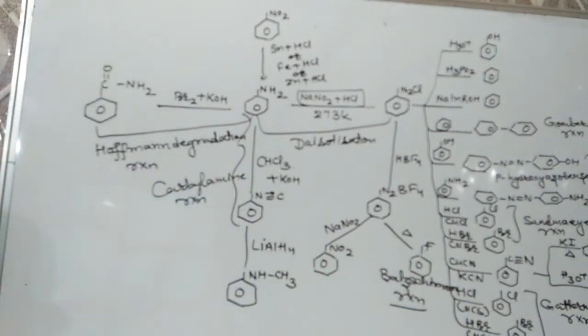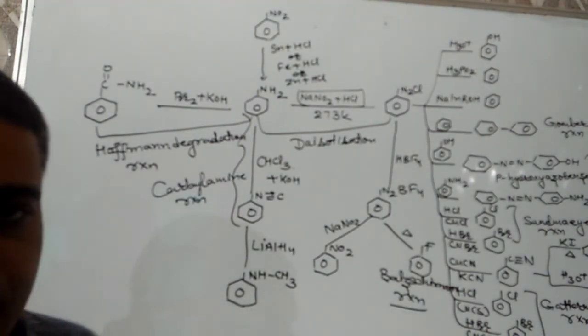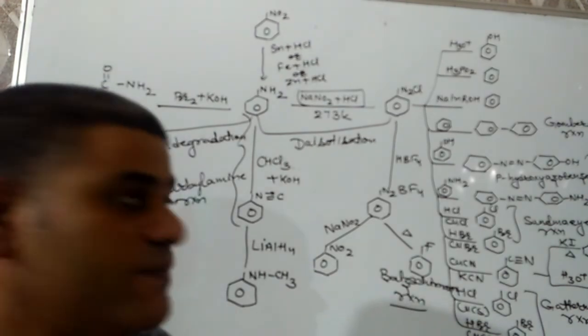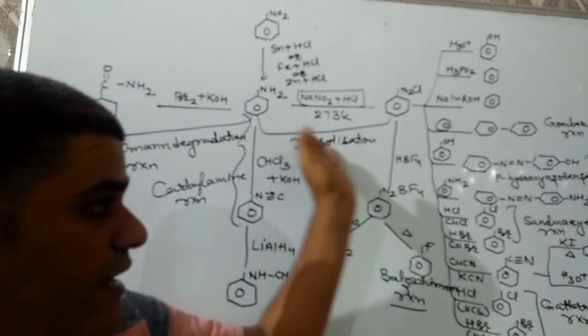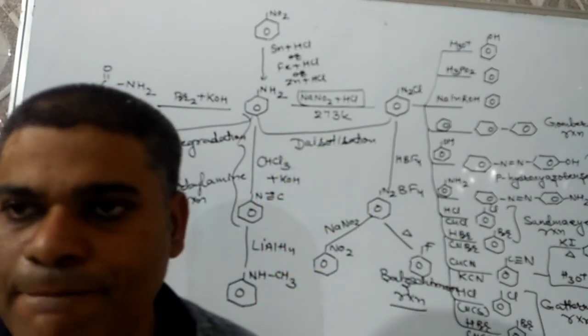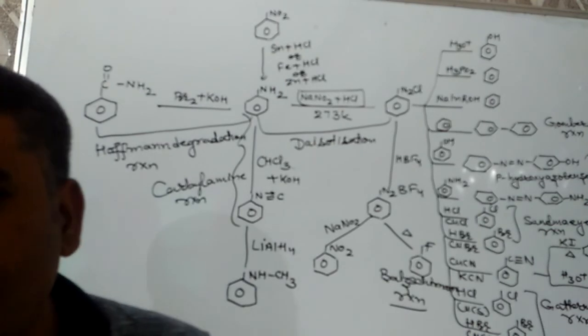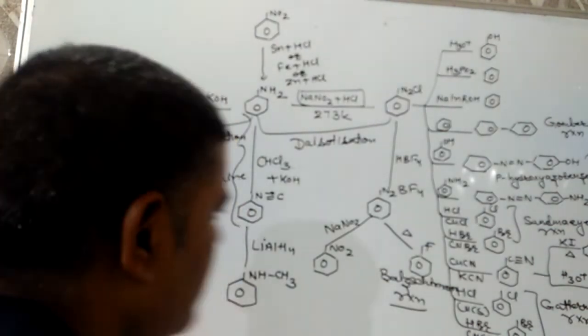This table is a very important one. There are 12 to 13 reactions in it. Generally 5 to 6 questions are asked on the basis of this. Distinction reactions may be there, name reactions I have discussed, or conversions will be there. And I am discussing 2 questions which were asked in the 12th board in 2015 and 2014.